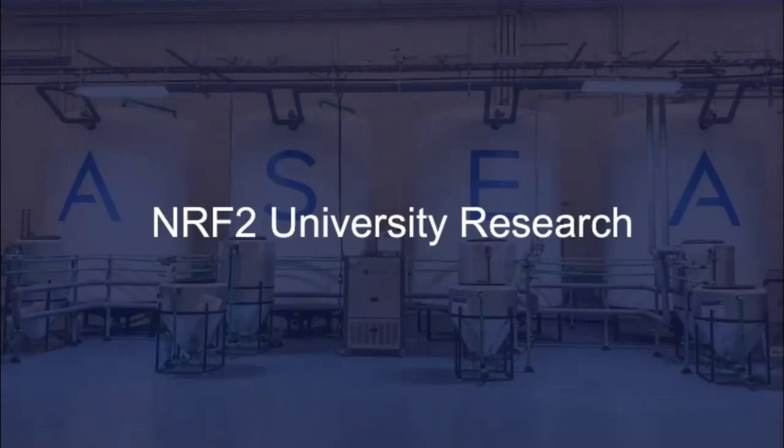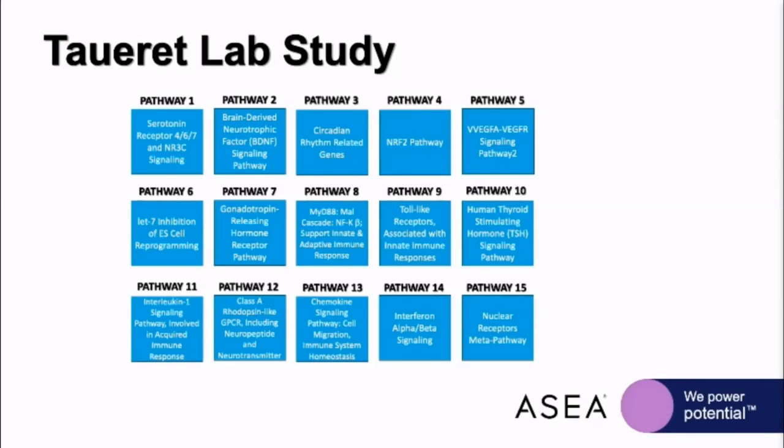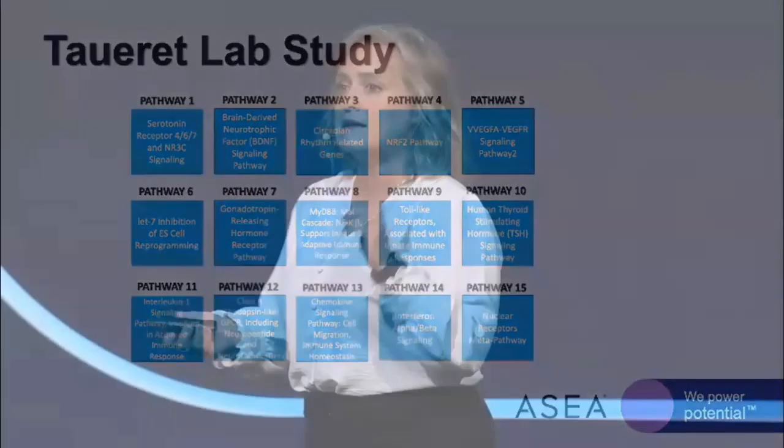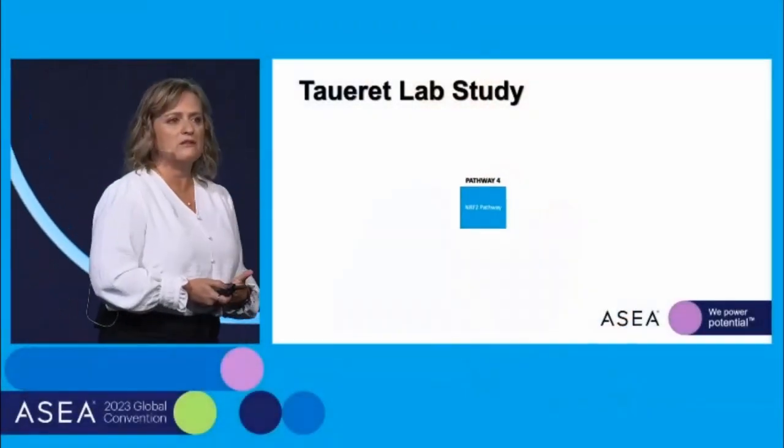ASEA partnered with universities around the world to find out the relation between redox signaling molecules and NRF2. Once again, I'd like to highlight that these are all very crucial pathways for cellular function. They're all very important for cellular health and, again, for cellular function. So in order to start to understand the ASEA Redox mechanism of action and the function of redox in our body, we narrowed down the studies to NRF2.